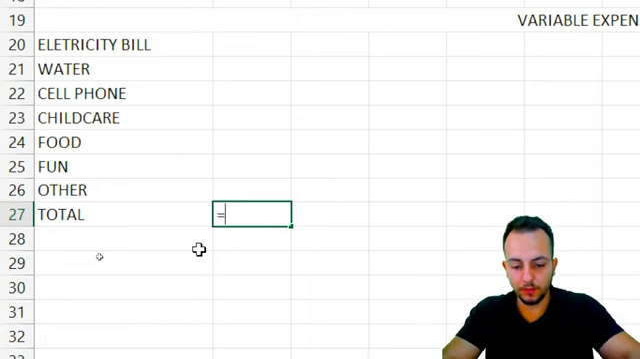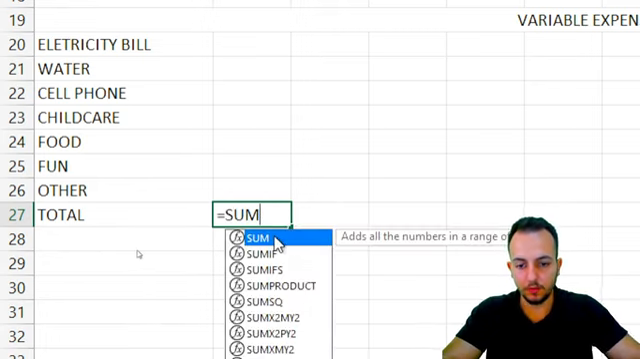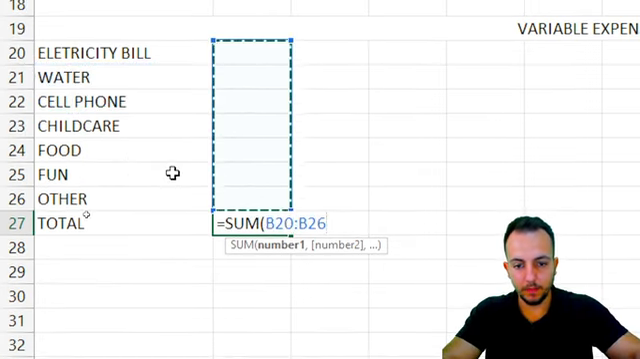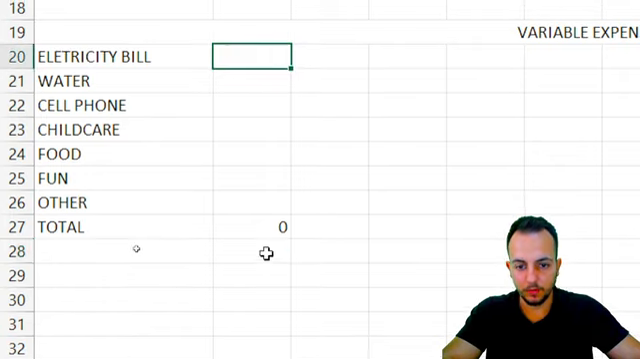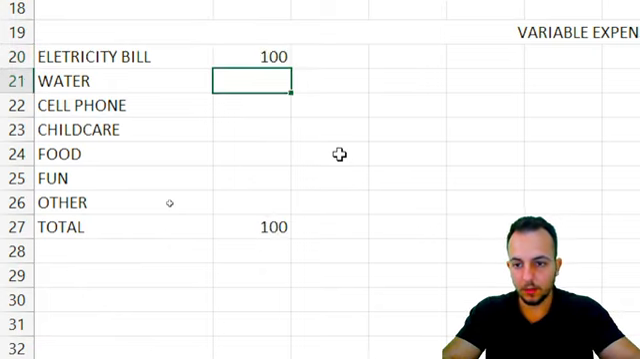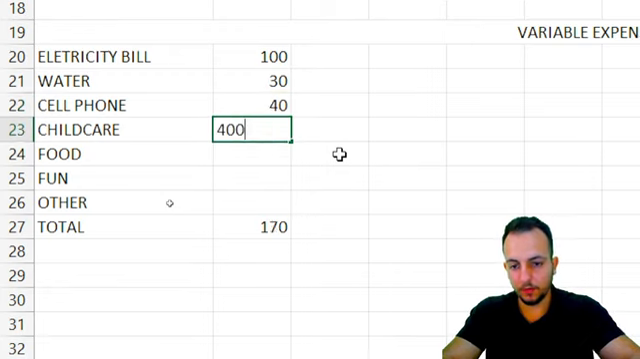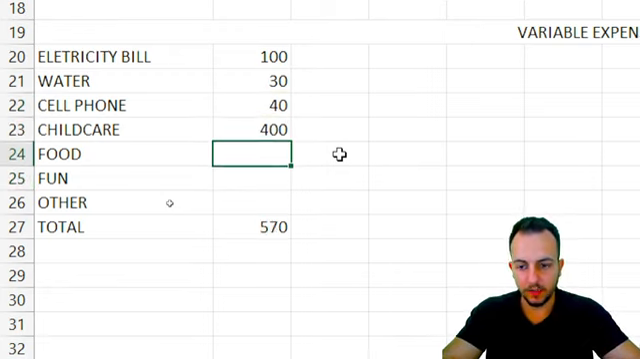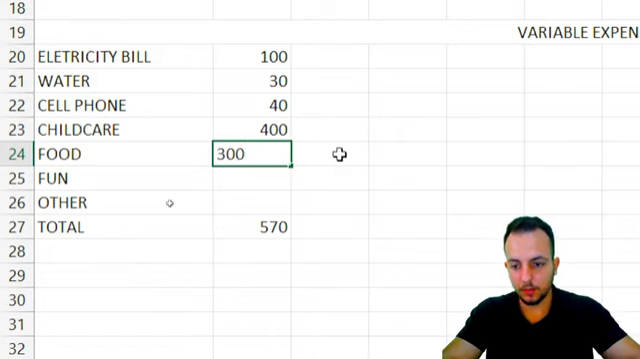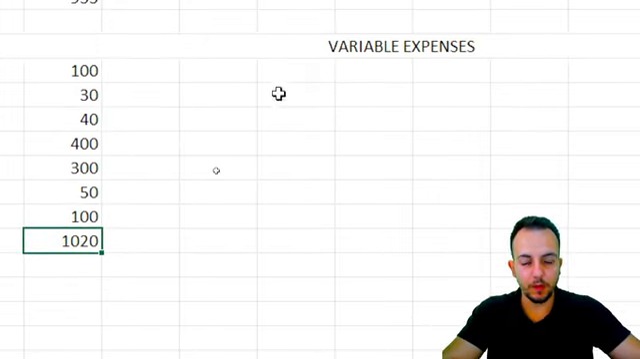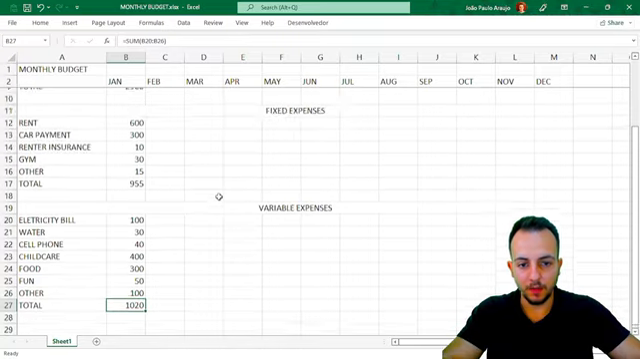Okay, how can I sum all these expenses that I have here? I just want to use the sum function, okay? So just let me double click here in the sum function, then select all the rows that I have. Enter. Okay, it's working, I think. Let's say the energy bill is like 100, and then water is 30, phone is like 40, 400 for childcare because you know it's very expensive. Food 300. Fun, let's say just 50 bucks here, and other stuff like 100. Okay, so variable expenses, I just have a total of